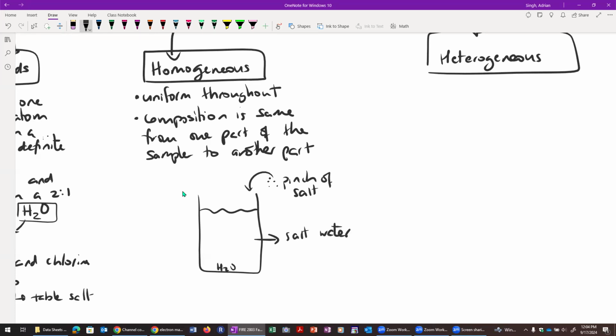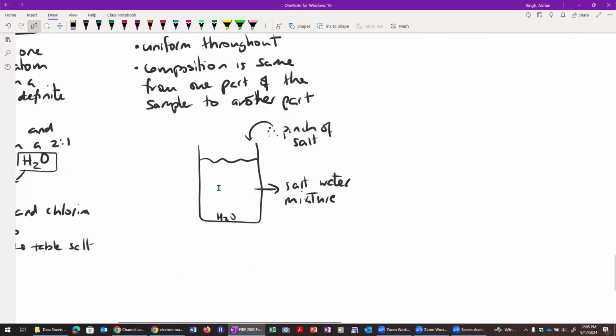And as long as all of the salt is dissolved, okay, that means that it's dissolved uniformly. That's considered a homogeneous mixture. The components are not actually chemically combined. They just share the same physical space, which in this case is just the beaker or the glass or whatever